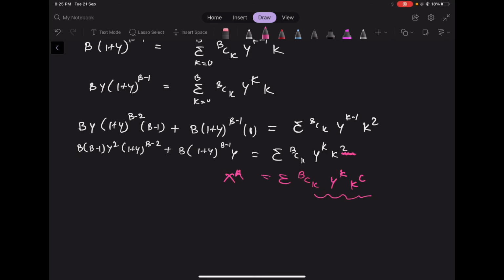After differentiating both sides c times and multiplying both sides by y c times, all the terms on the left side are going to be of the form y^a multiplied by (1 + y)^b and some coefficient here, and using dynamic programming we can maintain these coefficients. And after differentiating both the sides c times, we can resubstitute y equal to e^x - 1 and calculate the coefficient of x^a on the left side.